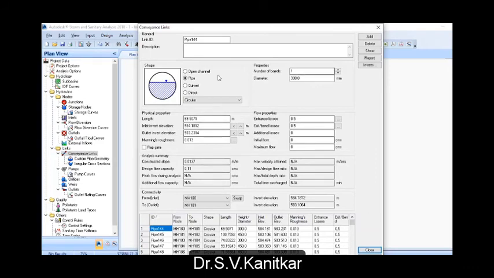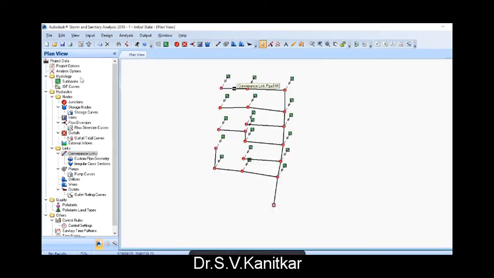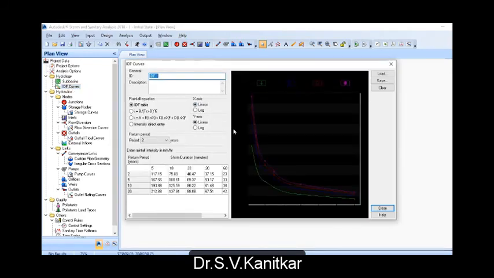So other parameters, you can modify your design here. You can change from open pipe to open channel flow. You can change the shapes, etc. So that design part of the storm drainage system, you can do all of it over here. Further, you add an IDF curve. If you are designing based on an intensity, duration, frequency curve, your own designed IDF curve you can input over here.